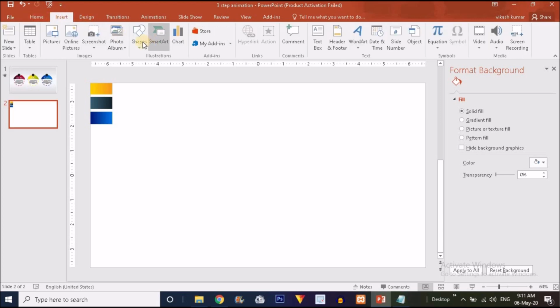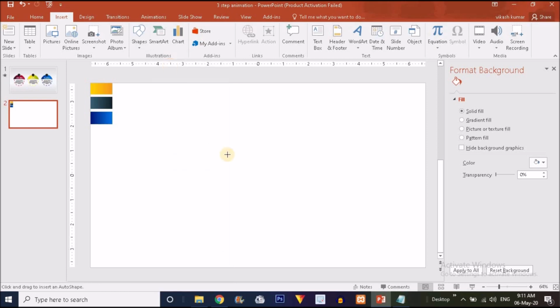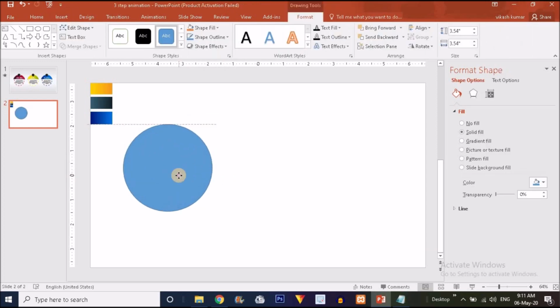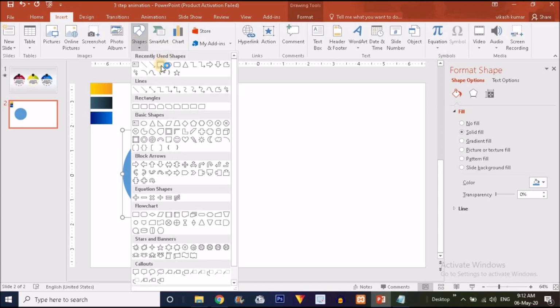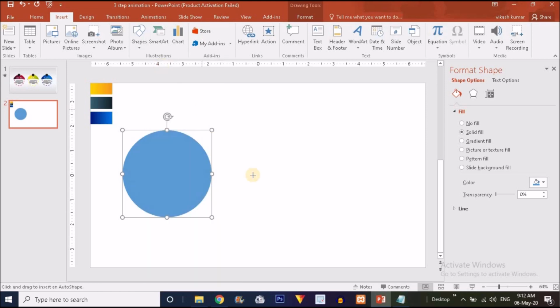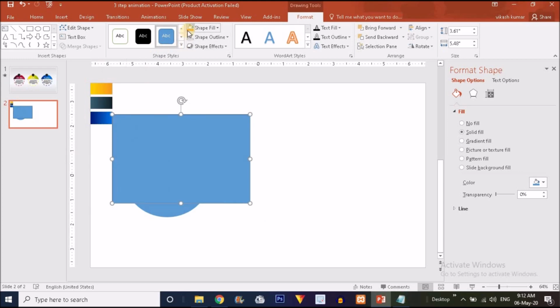Just go to the Insert option, go to Shapes and select the oval shape. Press Ctrl and Shift and drag it outward to make a circle like this. Okay, so this is the circle. Go to the shape option and make it no outline, and again go to the Insert option, choose Shapes, and choose the rectangle option. Drag it over here, and let me change the color of the shape,